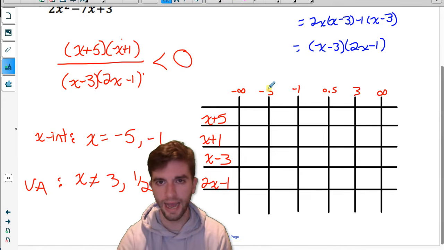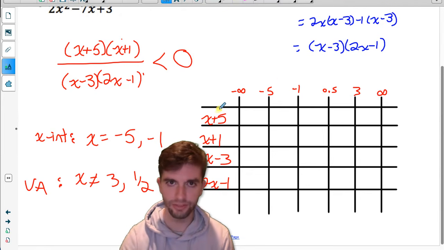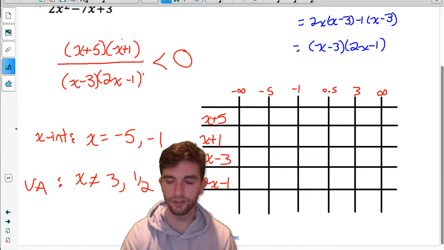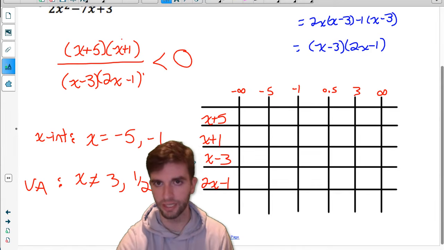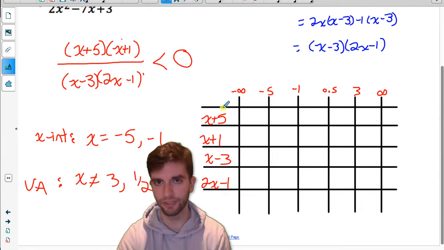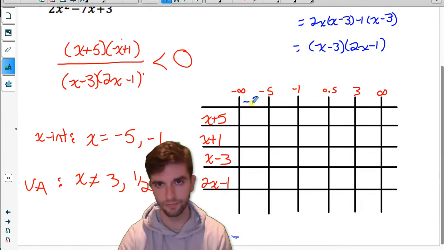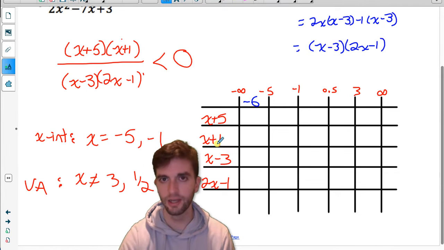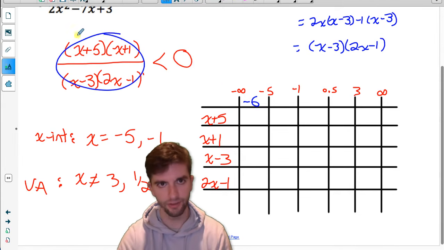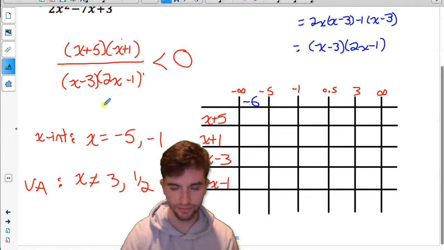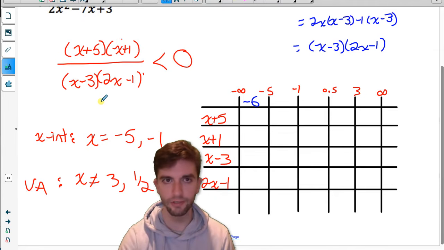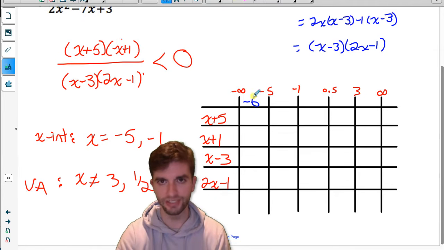And we know at these x-intercepts or vertical asymptotes are the only places where the function might switch from being positive to negative, or vice versa. So I need to pick a test point within each interval. So I need to pick a number between negative infinity and negative 5. I'll choose negative 6. And now I need to see this function at an x value of negative 6, is it positive or negative? So what I'm doing is I'm going to test this value in each of those factors